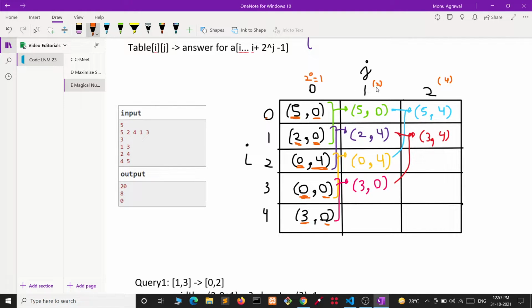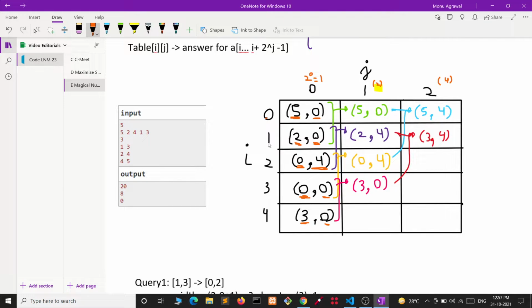Now I will be moving to width 2. In this width 2, we just need to store answers for ranges having width 2. Let's say we are starting from 0 and looking for width 2. So we will combine the answers for 0 and 1. We will get max of 5 and 2 as 5, and max of 0 and 0 as 0.